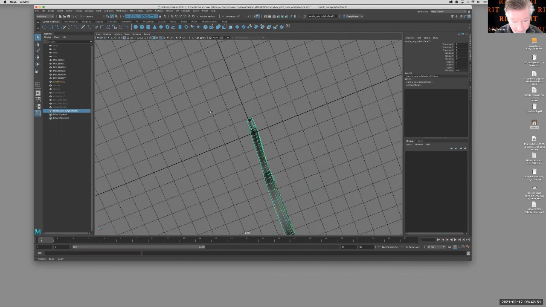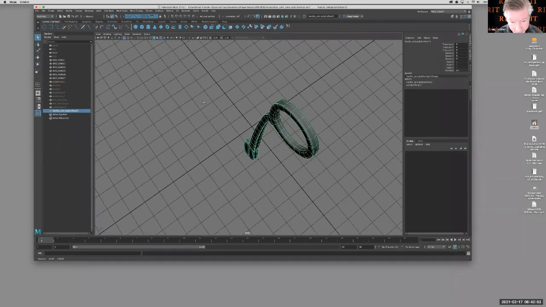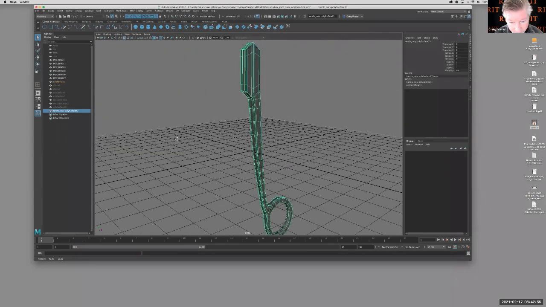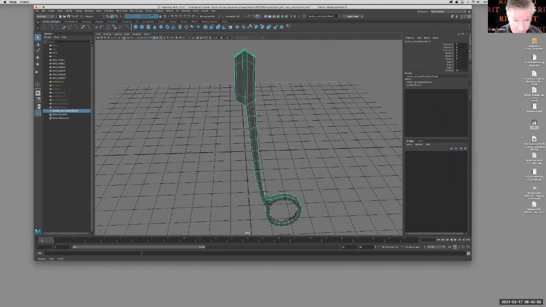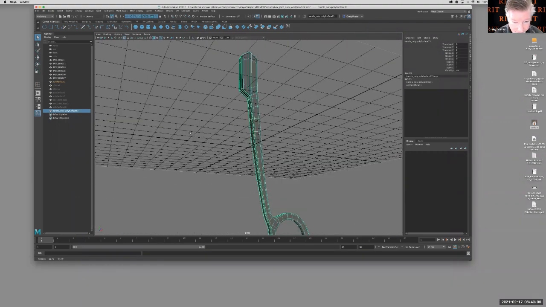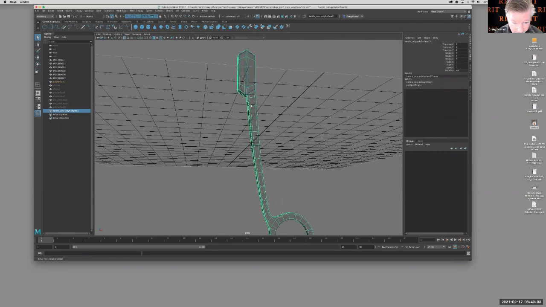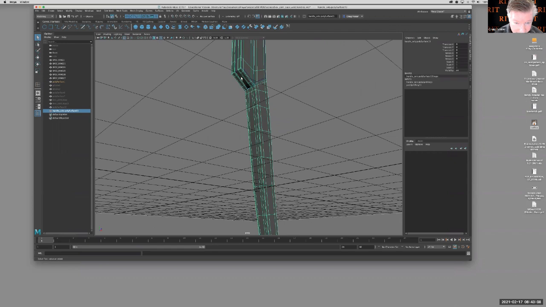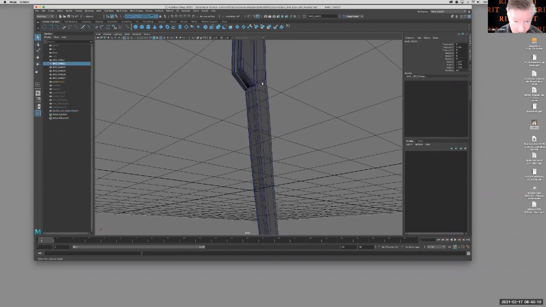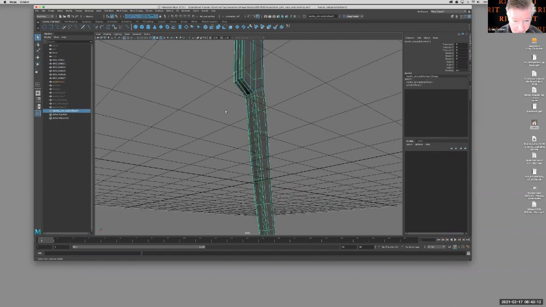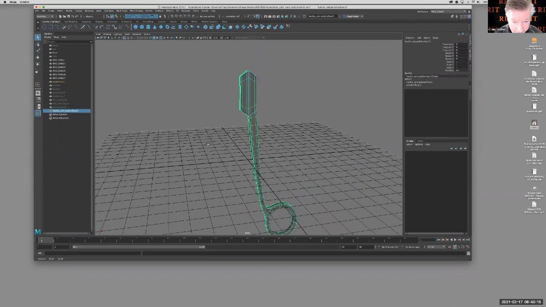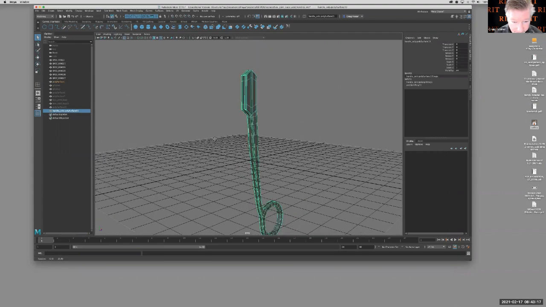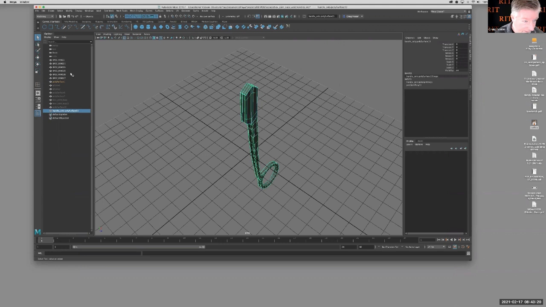What we have here is the completed handle for one side of the device. And the other trick with the box hinge is that the two sides aren't exactly the same. The one side of the handle has the inner surface that it connects to, and the other side has the outer surface. So you have to build these two pieces separately. But if we start with some simple shapes,